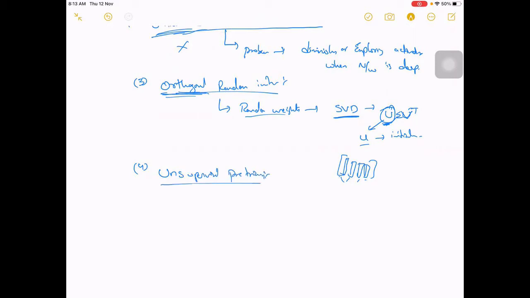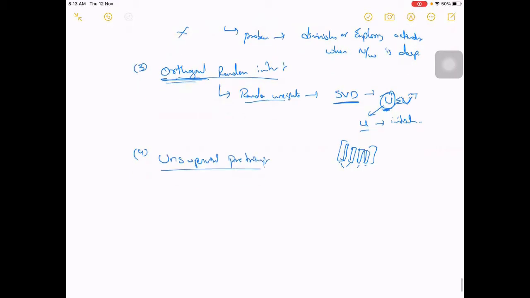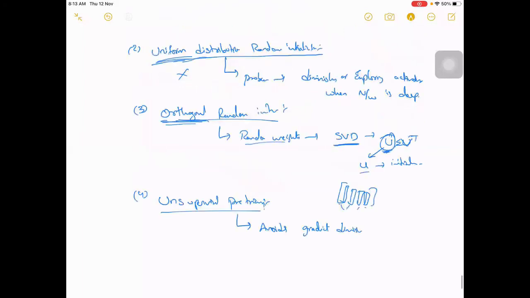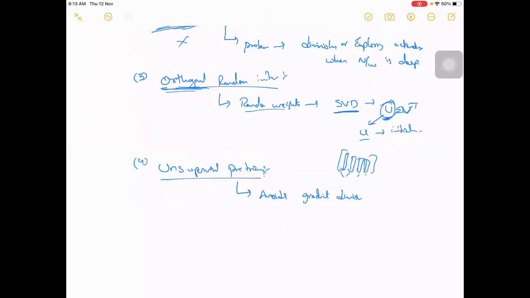So what this does is, this technique for initialization actually avoids the gradient diminishing problem that we have discussed earlier, right? With uniform distribution, but it will actually avoid that. Where it has been used is in a deep belief network, there is some concept called deep belief network, or maybe in autoencoders also people use this method for initialization.